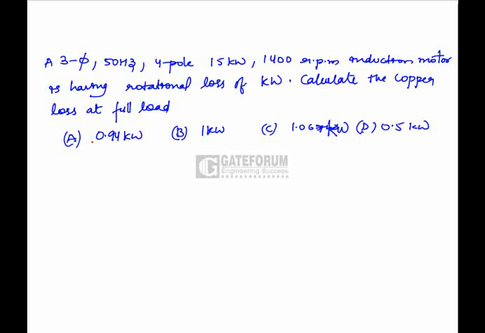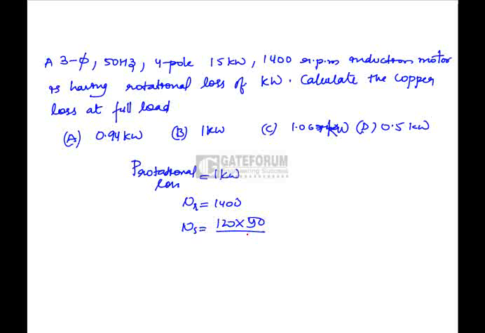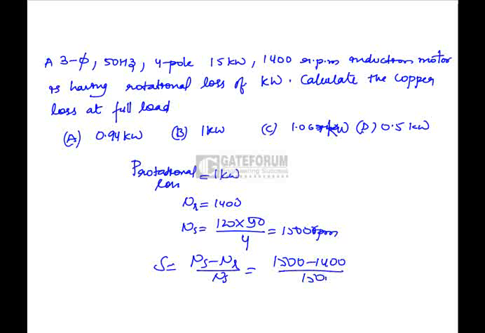A 3-phase 50 Hz 4-pole 15 kilowatt 1400 rpm induction motor is having rotational losses of 1 kilowatt. Okay, he has given rotational loss of 1 kilowatt, and NR is equal to 1400. We can find NS as 120 into F by P, that is 50 by 4, 1500 rpm. Now what is slip here? Slip is equal to NS minus NR by NS, that is 1500 minus 1400 by 1500, which is equal to